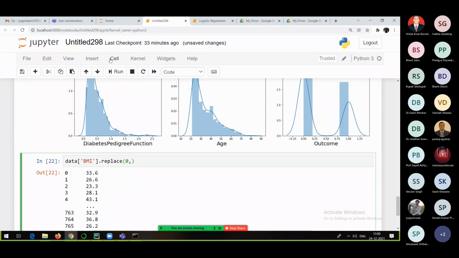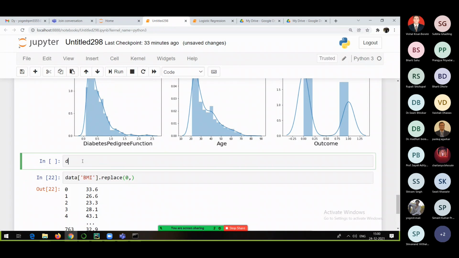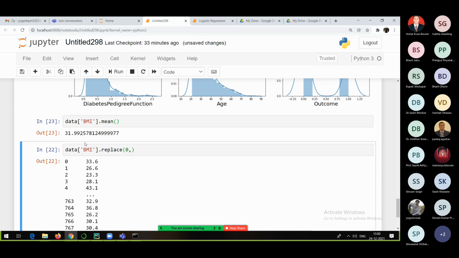If I insert a cell, you can get the mean value of the body mass index like this: 31.99. I will replace the zero values with this mean value, because this column has continuous data.